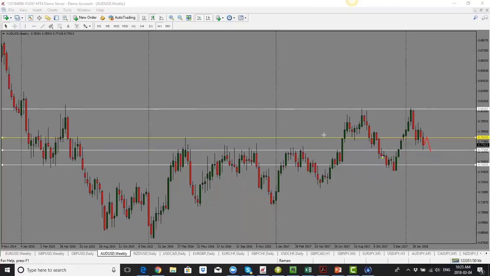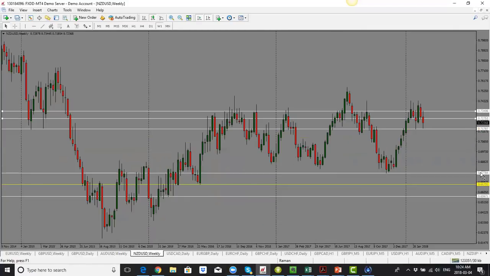This is a good support and resistance level coming all the way from January 2016, and I'm looking for another drop to the downside. My target here is the 75.60 level, back into this previous support and resistance level. We had a nice double top, and now we're just seeing that trending move to the downside. But again, I would be looking for a bit of pullbacks and then further drops. So bias for Aussie dollar is to the downside.